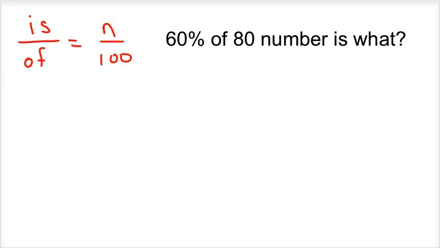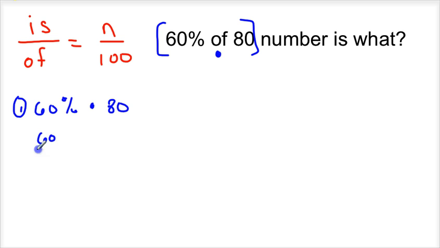Okay, last one. 60% of 80 is what number? Now, we've done problems in the past where we had 60% of a number. The percent proportion is useful. You can use it in any case. So you have a couple choices here. We've had one choice where we could turn 60, since we have 60% of 80. So if we just concentrate on this piece here, this means 60% of, again, meaning multiplication, of 80,